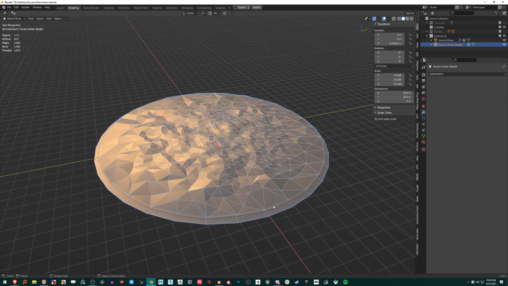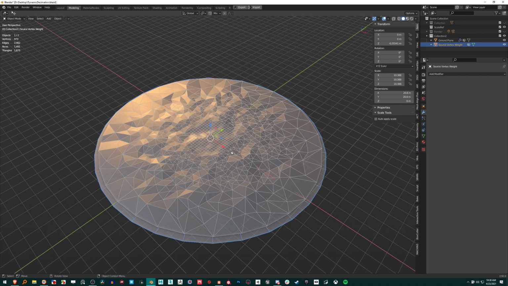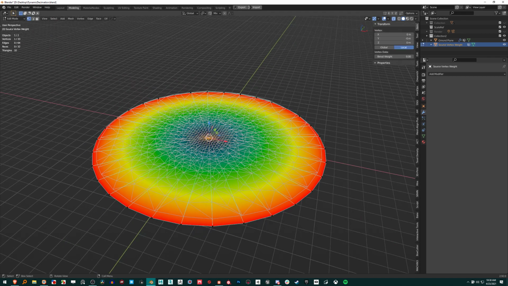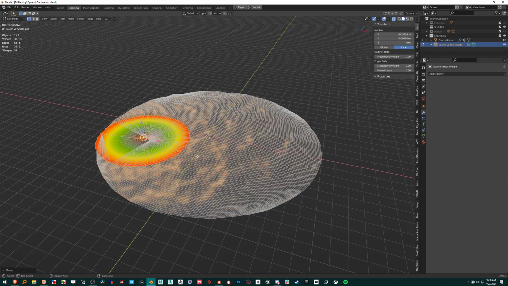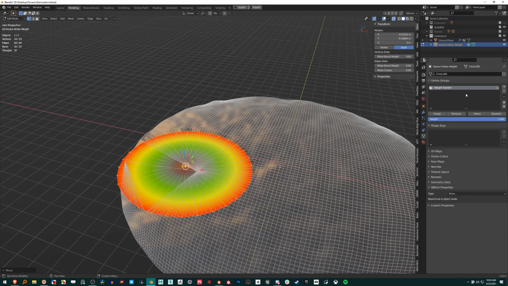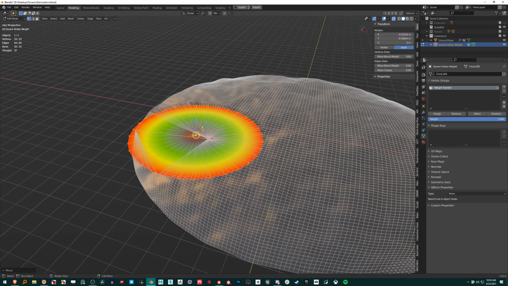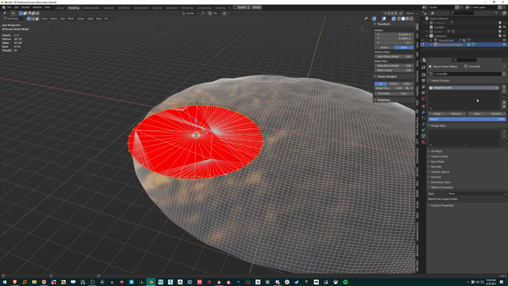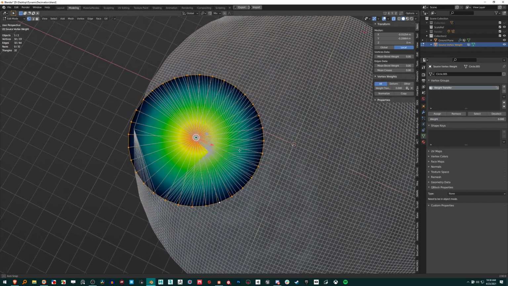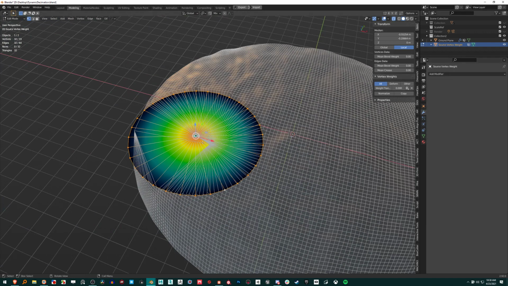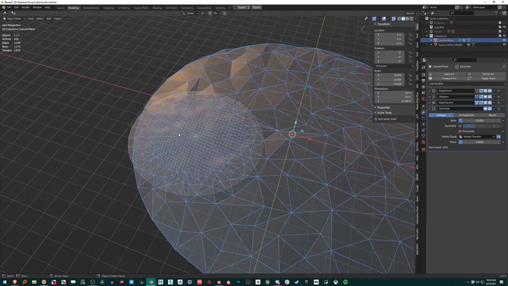Another thing that's cool about this is we can have multiple spots if we wanted. So here we could have maybe 2 objects or something. I guess we could flip these. I haven't tried this before, but let's do this. So if we select this, hit assign at 1, and then hit assign at 0, and then we go into our modifiers here and flip this. It's going to be more dense wherever